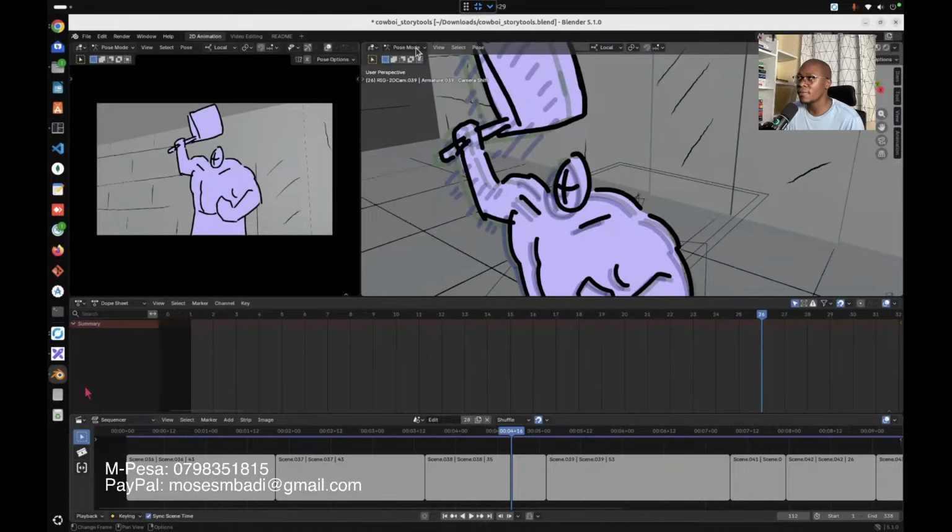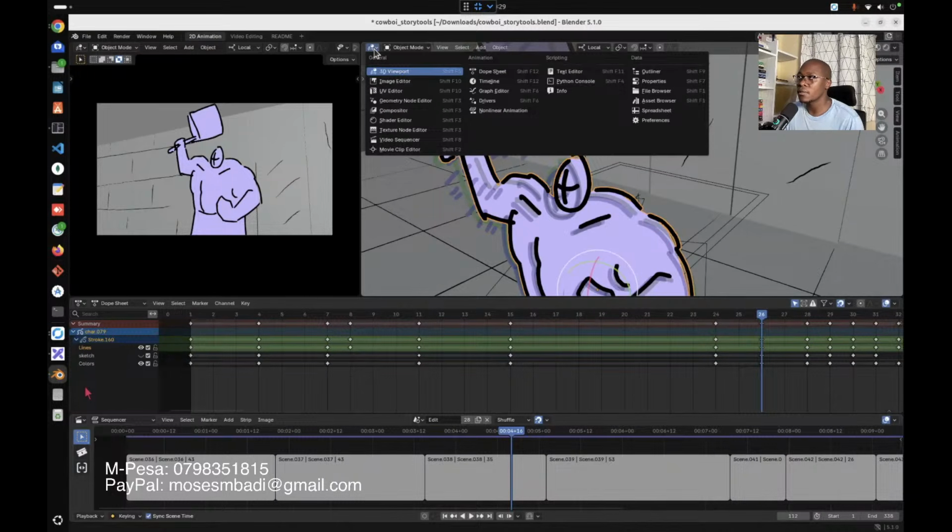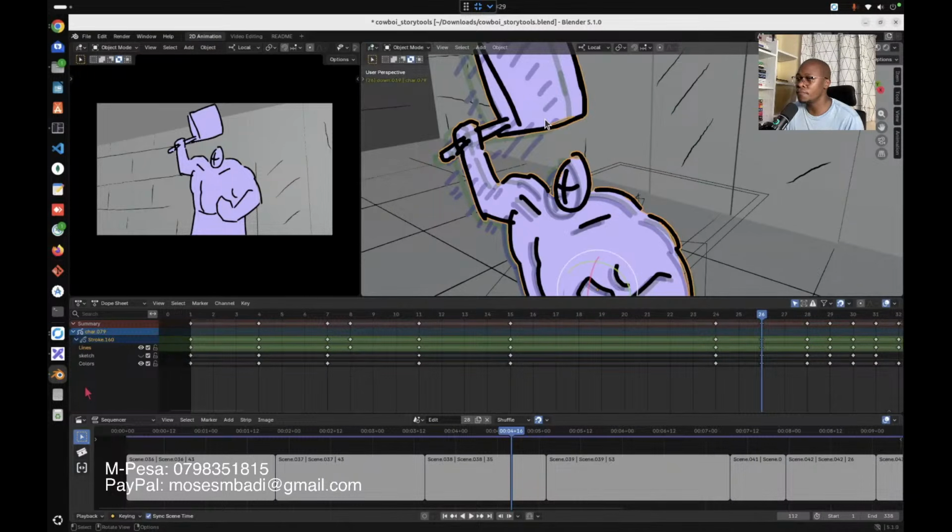So let me see. Let me go to object mode. Let me see. What if I click this? I want to rotate it. What am I rotating? My goodness.